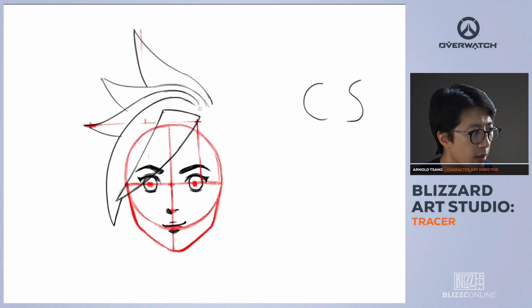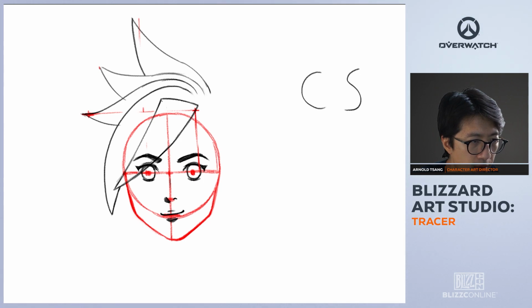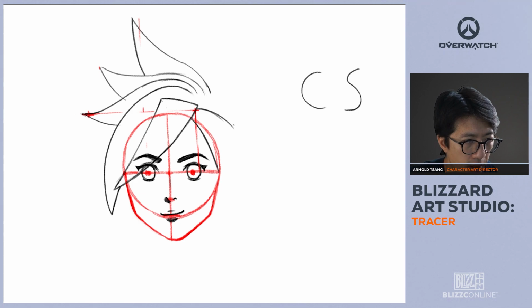And to finish it off, you'll see where that first piece of hair intersects the circle right here. We're going to draw a line that connects that point and comes out to the side of the face. So I'm just going to start here and cut across like that. And then I'm going to draw another one from that origin dot across out of her face, out past her head. This is going to be the furthest point on the other side of her head. And then come back in,